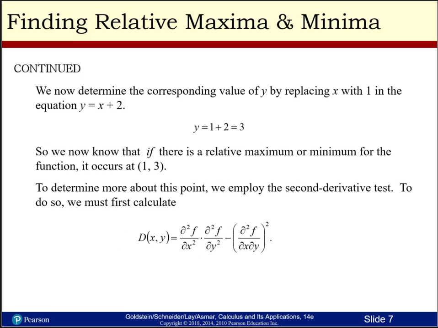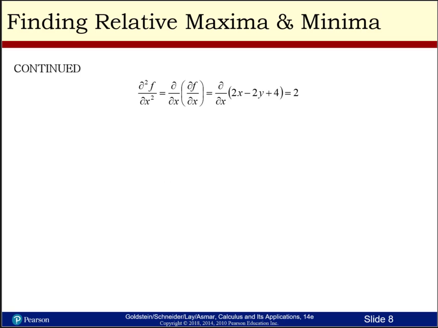So now we know that if there's a relative maximum or minimum for the function, it occurs at (1, 3). To determine more about this point, we're going to employ the second derivative test. To do so, first we have to calculate that capital D of x, y. So just using that definition, we're going to get that second partial of f with respect to x both times,